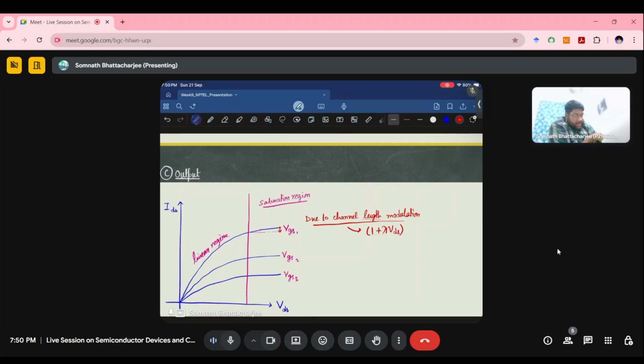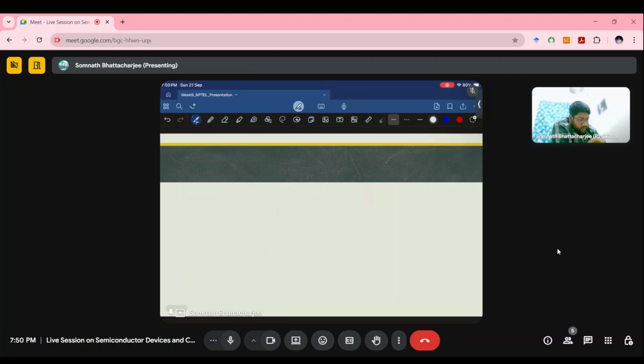Now, there's a certain region called the subthreshold region. So what is the subthreshold region? A subthreshold region is a region where the value of VGS is less than VTH. So it is obviously not in the threshold region. So what will happen is that there will be a very small amount of current present in this case, and which is due to